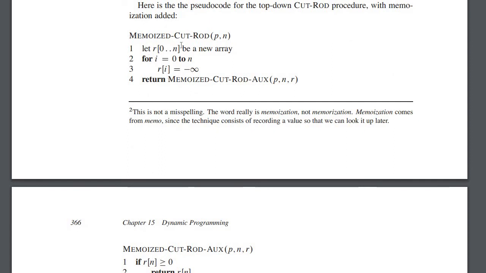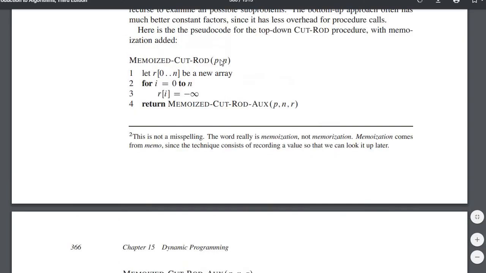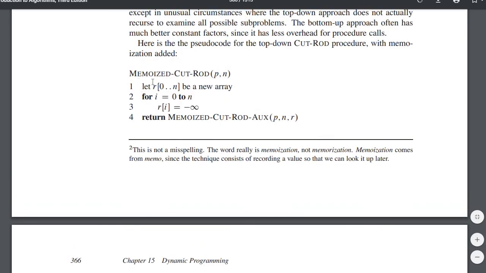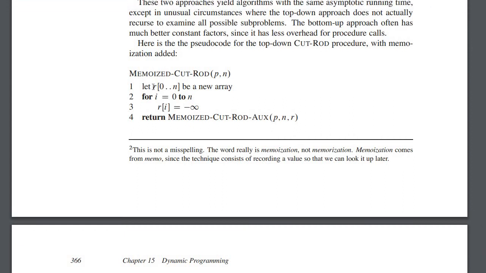One is the memoized cut rod, which keeps memory of what we have done. Here the arguments are the same, p comma n, but we have another array named r for remembering things, and the size of the array is from 0 till n. We run a for loop from i equals 0 to n just to initialize the array r with minus infinity, because we want all the values initially to be minus infinity,